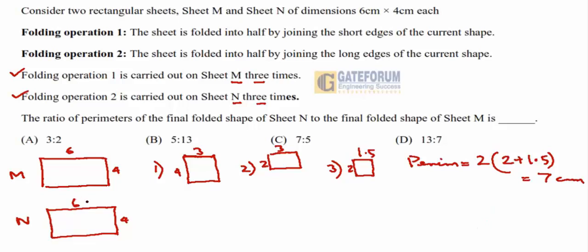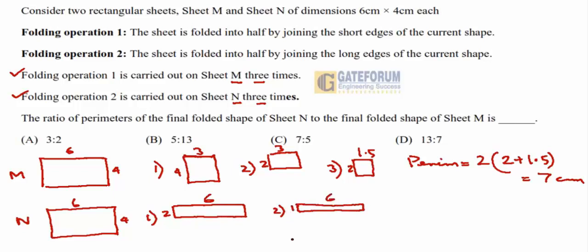Let us now consider sheet N. On sheet N, folding operation 2 has to be done 3 times. So folding operation 2 means along the longer edge. So the first one will look like this, this as 6 and this as 2. The second one, see this 6 is still the longer edge. So the second one will look like this, with this as 6 and this becoming 1. And the third one would look even smaller, with this as 6 but this as 0.5,